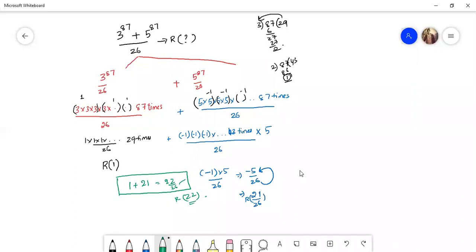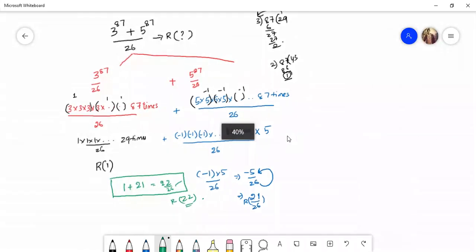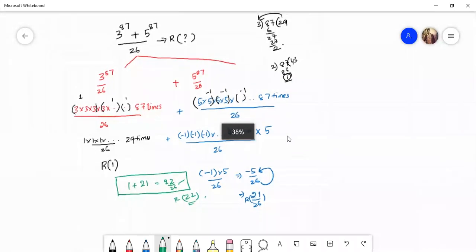Okay, so there is no text from the chat box. So one of these two things should have happened: either everybody understood everything, or you did not understand anything of it. I don't know which one I should take, but fine. No doubts. Okay, Nikhil, thank you. Navya, thank you.